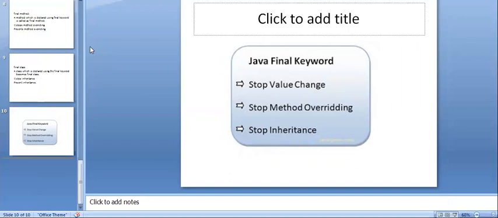Once again, in this class we discussed what abstraction is, the definition of abstraction, why to use abstraction, what an abstract class is, what an abstract method is, and what an abstract class contains. The important point to remember is that an abstract class can never be instantiated, so we should not create any object for the abstract class. An abstract class contains abstract methods and non-abstract methods.